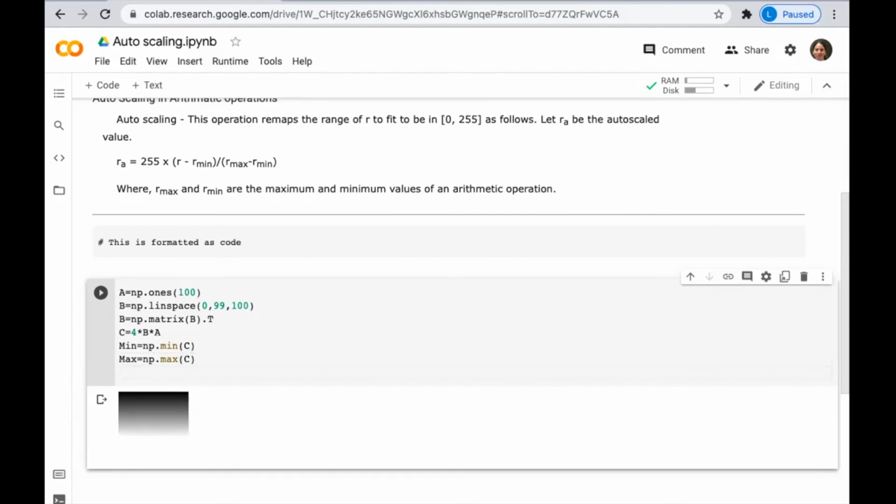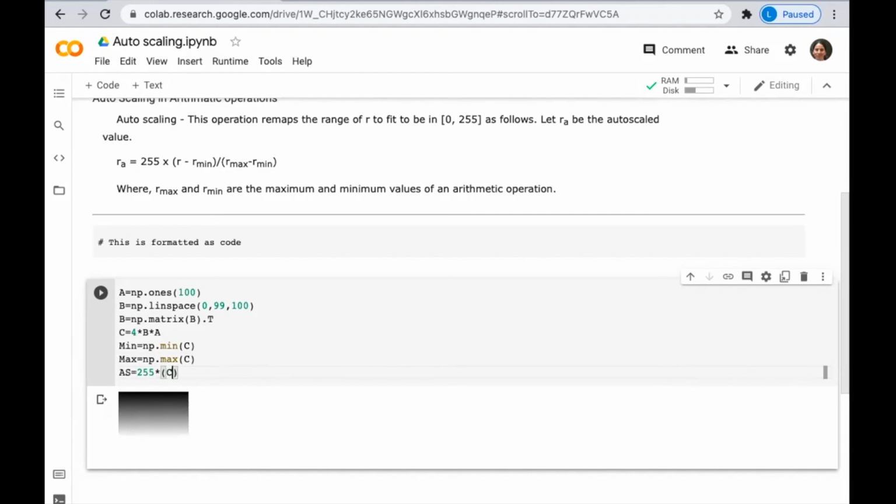Then our equation is, so I can give this as auto scale. Let me call it AS. That equation was 255 into R minus R minimum. Here this R means I'm talking about every element from this matrix.